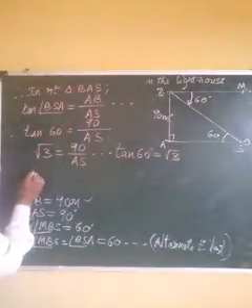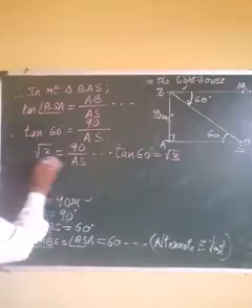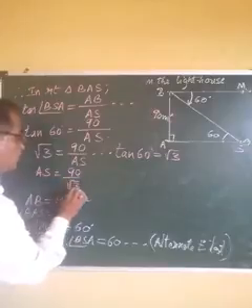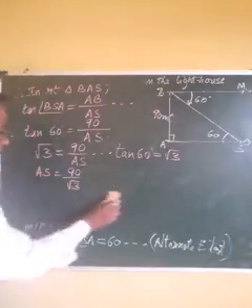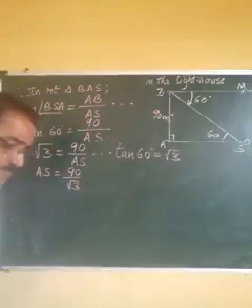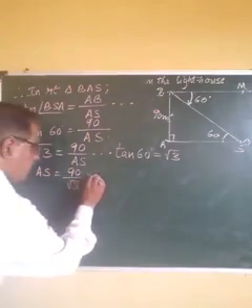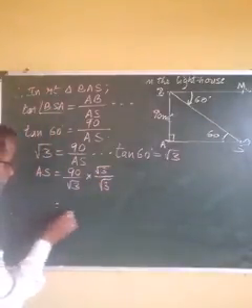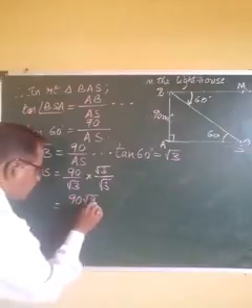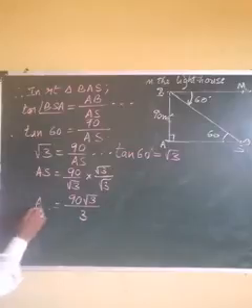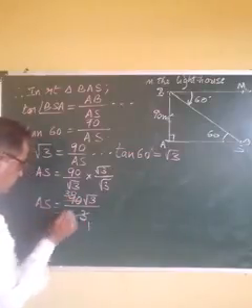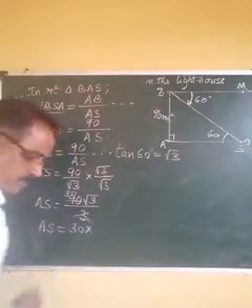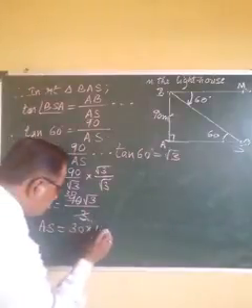Shifting AS to the right hand side, we get AS, and root 3 to the left hand side. Now exchanging, we get 90 upon root 3. Then in the previous class we have learned how to rationalize the denominator. So here multiply by root 3 to the numerator as well as to the denominator. Therefore we have 90 root 3 upon 3. AS is equal to 30 multiplied by root 3, whose value is given in the question as 1.73.